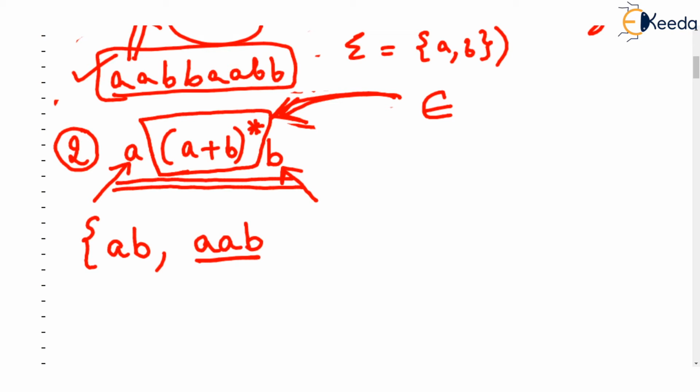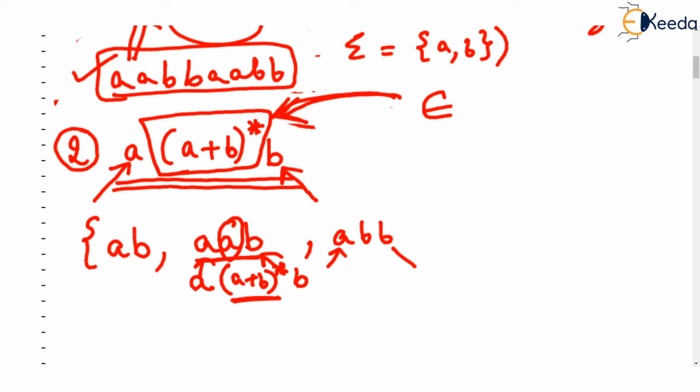Because the first letter is A, okay. The last letter is B, fine. And does this A come in (A+B)*? Yes, of course. (A+B)* contains A. In fact, (A+B)* contains all the strings made up of A or B. What about ABB? Yes, this is first A, correct. Then we have last B, and who will accept this B? It is (A+B)*. (A+B)* can literally eat anything because it can generate any strings made up of A or B.